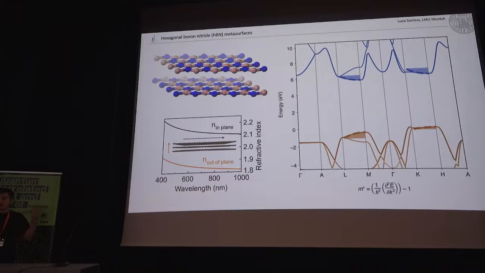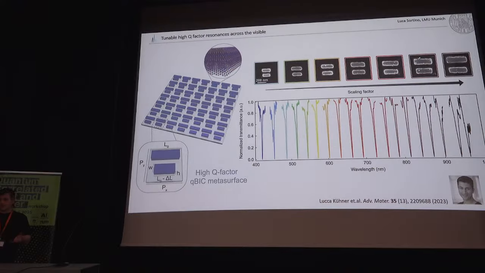The point is that the BICs are not geometrical, they're symmetry protected, so what we did is that we pattern HBN in different ways, and this is also achieved in a single exfoliated flake. So all these metasurfaces are the same thickness, but of course if we wanted to move into either UV or mid-infrared, we can also change the height and push these resonances basically freely in the whole spectral range that